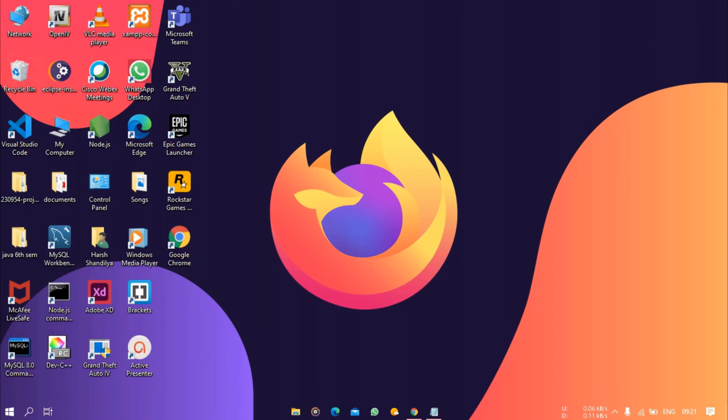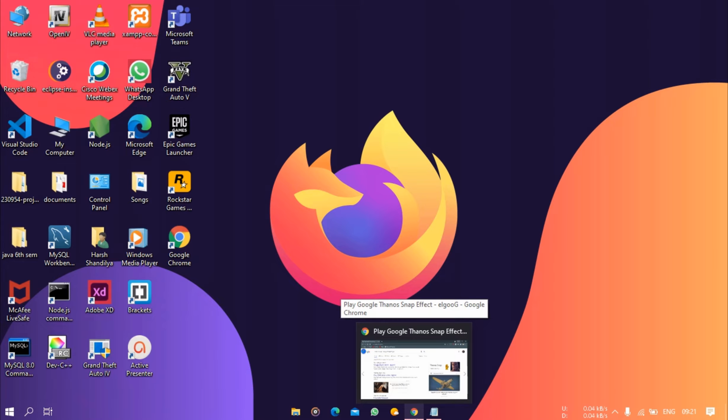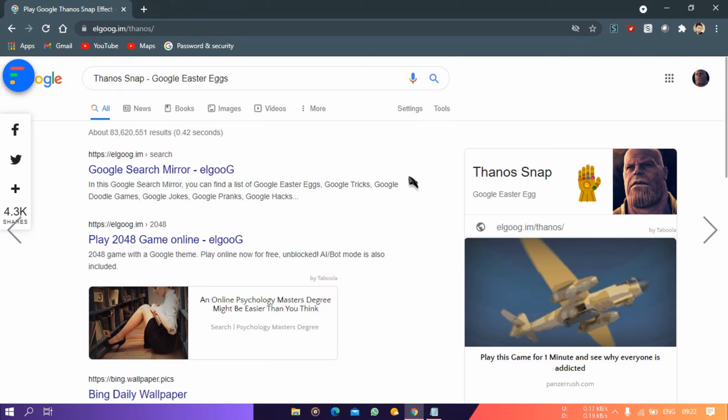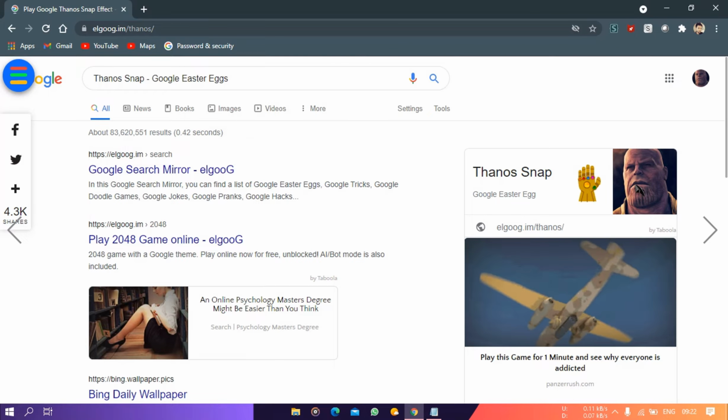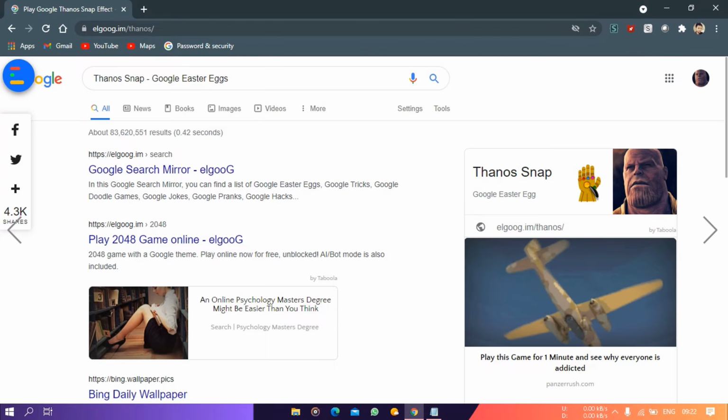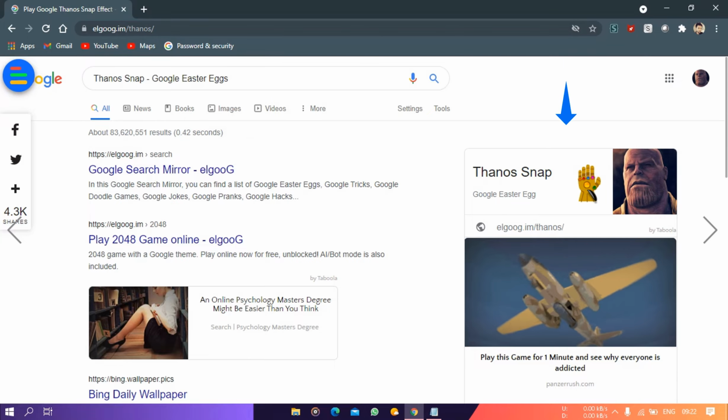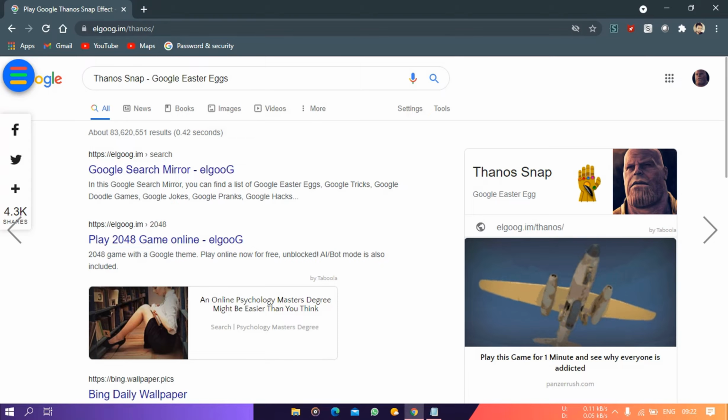So let's get started. Now you have to open your browser, and I recommend opening Google Chrome because some of the tricks will not perform in any other browser. So open your Google Chrome browser, and the first fun trick is the main villain of the adventure, you can see Thanos snap, and this is the infinity gauntlet. If you search Thanos snap, then this infinity gauntlet will appear, and now you have to click on this. So I'm clicking,